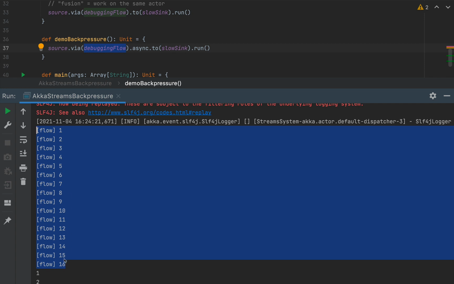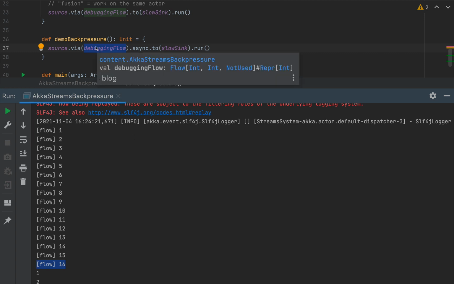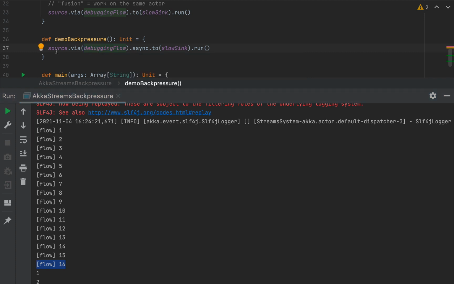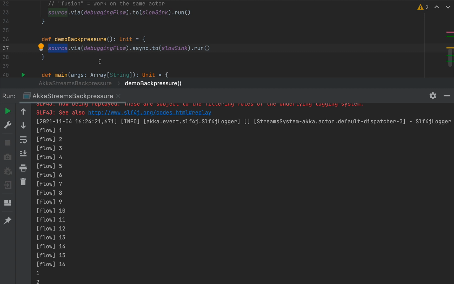And once the flow receives 16 elements, which is the total amount of elements that it can store by default, so every Akka Stream component will have 16 spaces by default, then the debugging flow will consider that its buffer is full, and only then it will signal a backpressure to the source. So the debugging flow will attempt to maintain the throughput of the stream by buffering elements in the meantime, and when the buffer is full, then it will have no choice but to signal a backpressure to the source, which is why it will stop producing